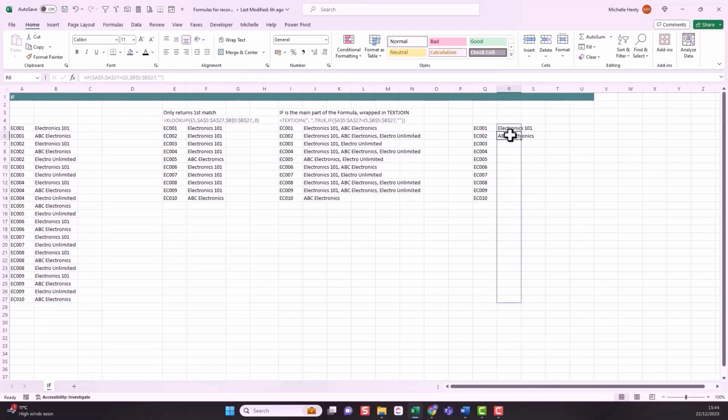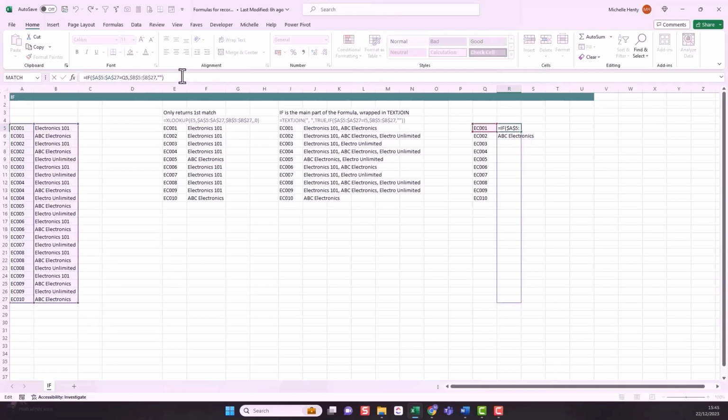I need these in one cell because I then can't drag that formula down because I can't see this result, because this is in the way. So that's why I need TEXTJOIN. TEXTJOIN or CONCATENATE brings everything into one cell. So I've got my IF formula, but it's spilling onto the rows. So I can wrap it in TEXTJOIN,